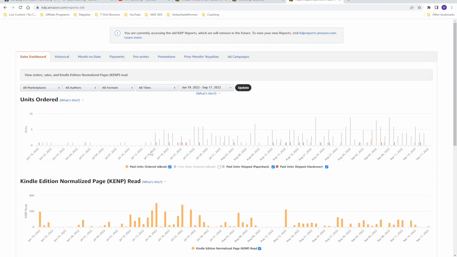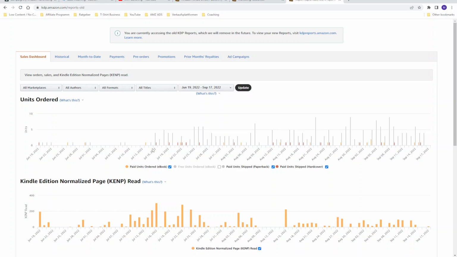Right after I started advertising, as you can see, my sold units increased very, very strongly. We made consistent sales every day, and I think the bar chart is explaining itself. You see the increase in my sales and royalties with my advertising.